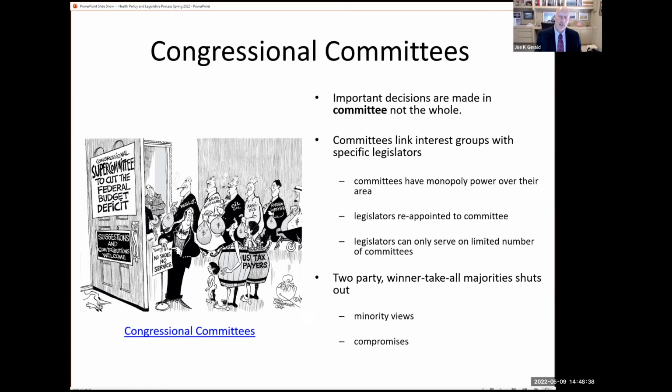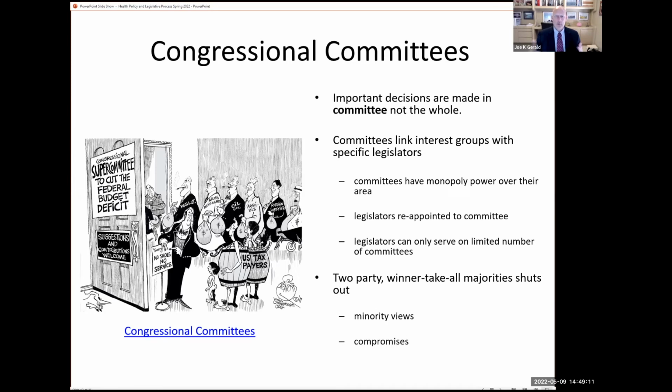And for as long as an elected official wants to be reappointed to that committee, they're reappointed to that committee. As they have longer and longer longevity, their ultimate goal is to be a chair of a committee. Why? Because the chair is the big decider. A chair decides which pieces of legislation get voted on in committee and which legislation just dies in committee. And so having seniority, being reelected over and over again, leads to more and more power on the part of that senator or House member.